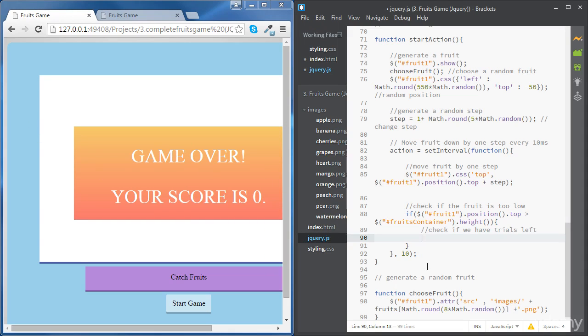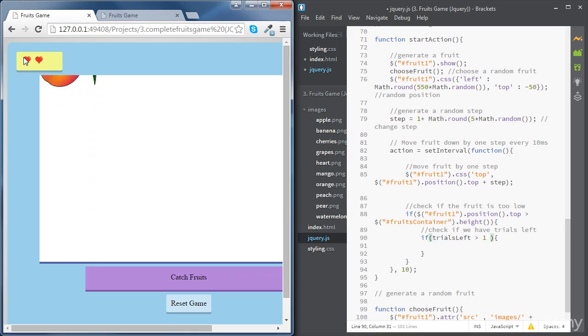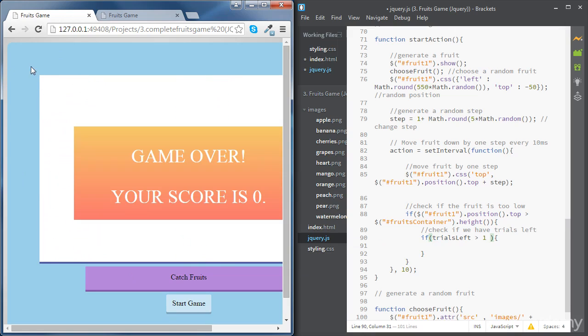So if we have trials left, which means that the trials left variable is greater than 1. That's because once we have only one trial left, it includes the current one. And that's when we get game over. So if the trials left are strictly greater than 1, which means that we've got 2 trials left, including the current one, or 3 trials left,